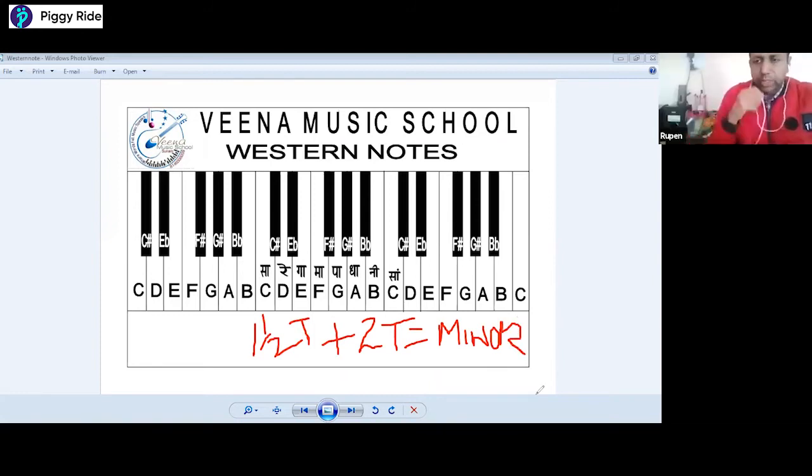From each note, we will have to make chords. All 12 notes are there in 1 octave. We have to make 12 minor chords and 12 major chords. Fine. 24 major and minor chords will be done. After that, some other diminished chords and suspended chords will be there. That is the intermediate part of learning. So this way we will continue the classes.